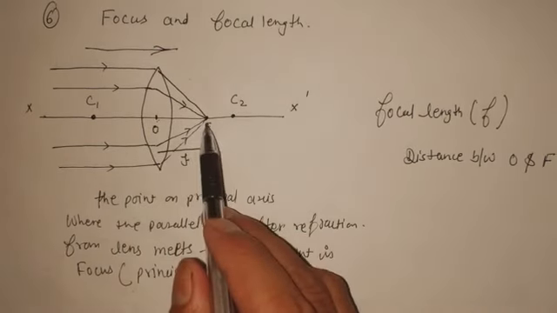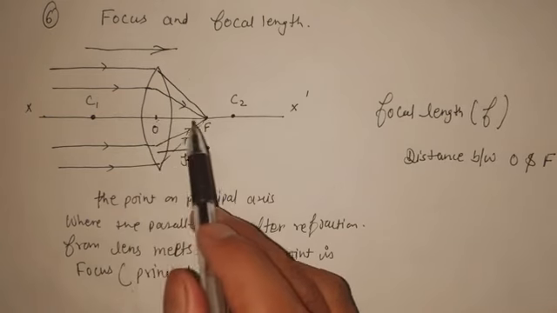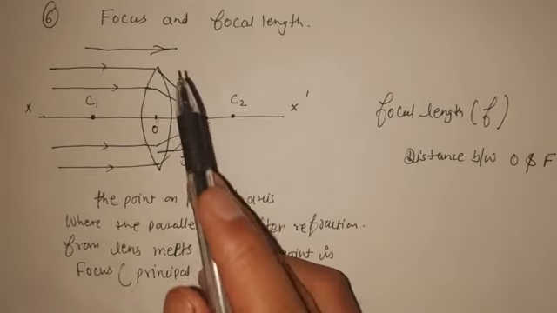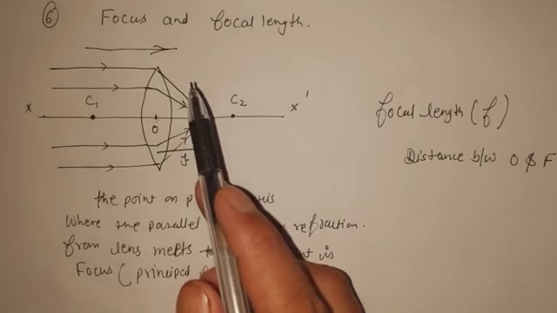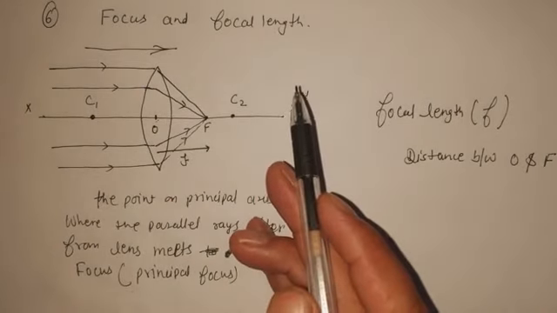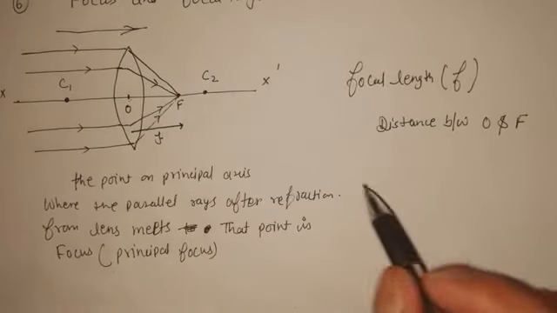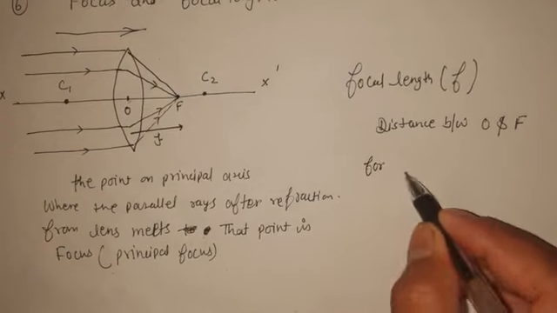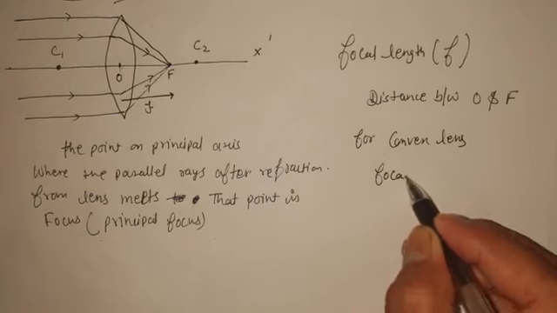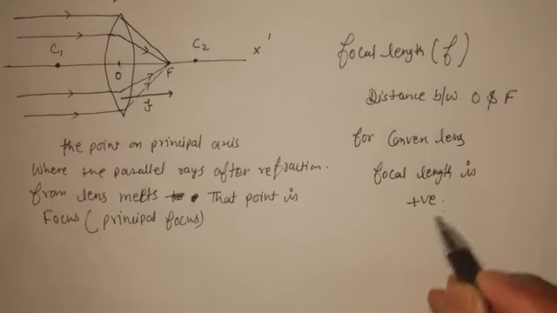Now if a ray of light is not parallel to the principal axis, let us suppose that a ray of light falls at an angle with this principal axis. Where will all these rays meet after refraction? Will they meet at this point which is on the principal axis? We have to check. All these rays will not meet at the principal axis. They are going to meet at a perpendicular distance from this principal axis, at a point which is below the principal axis.